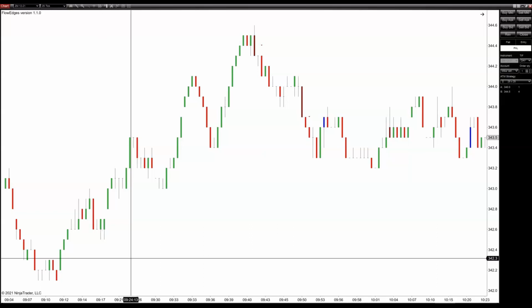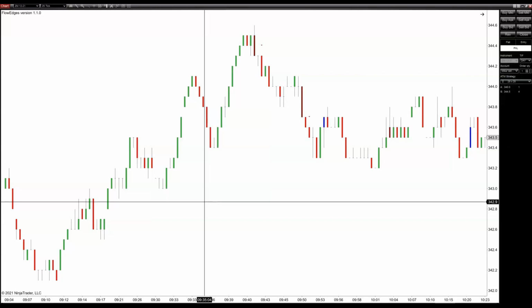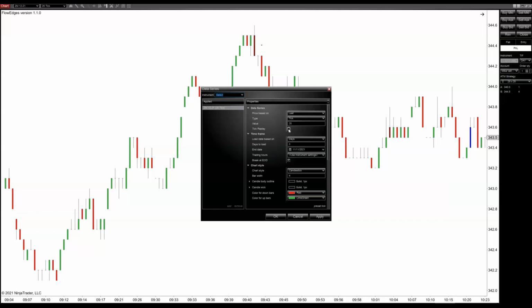Okay, one thing to note about Flowedges, it doesn't use tick replay. So when you're opening up your chart, you don't have to have this enabled. In fact, it won't work if you have this tick replay enabled. Now,